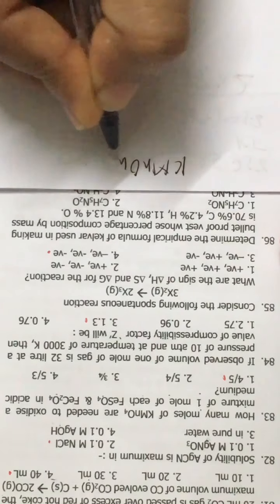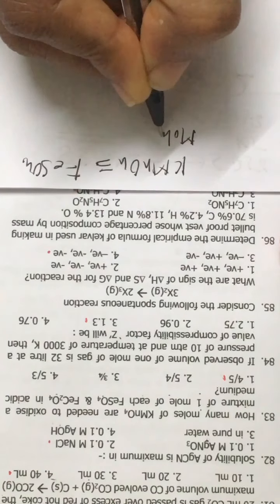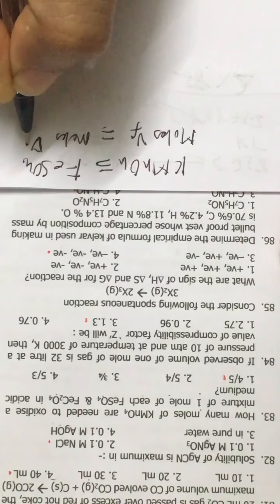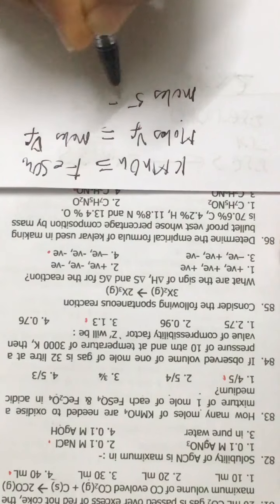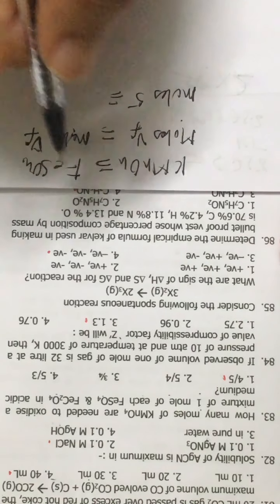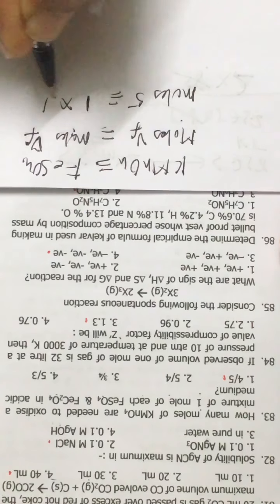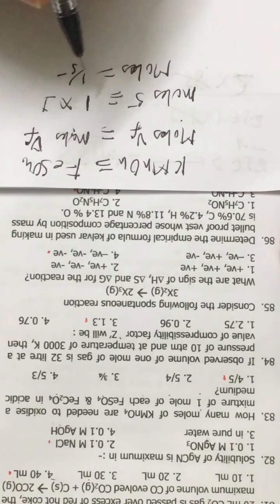Now the point is KMnO4, we have to equate KMnO4 and FeSO4. Alright. So for FeSO4, moles into valence factor is equal to moles into valence factor. Alright. So now the question is how many moles of KMnO4, this we have to calculate. Valence factor is 5 in acidic media and this moles 1 mole each. So this is 1 into valence factor 1. Alright. So moles equal to 1 by 5 for FeSO4.